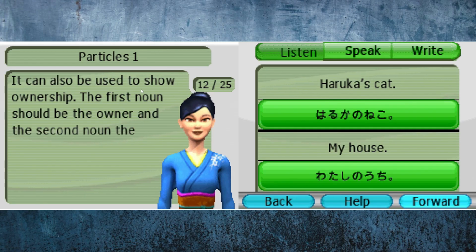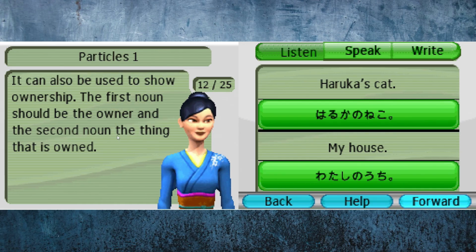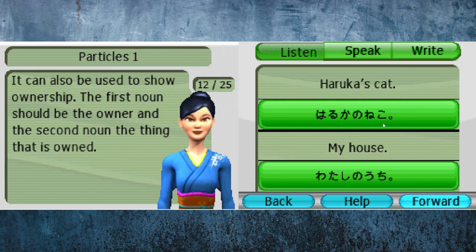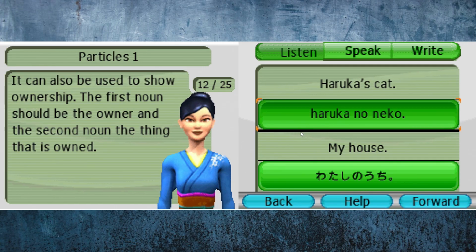It can also be used to show ownership. The first noun should be the owner, and the second noun the thing that is owned. Haruka's cat, so like an apostrophe s is no, basically, so Haruka no neko. So Haruka no neko, which means Haruka's cat. はるかの猫